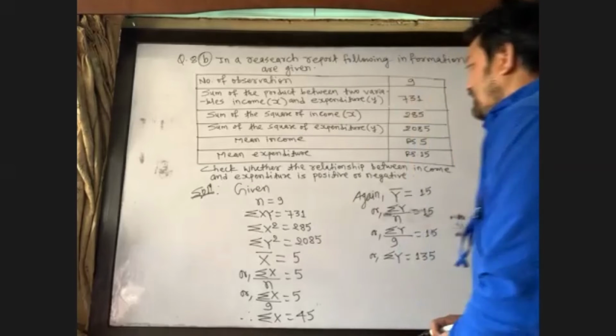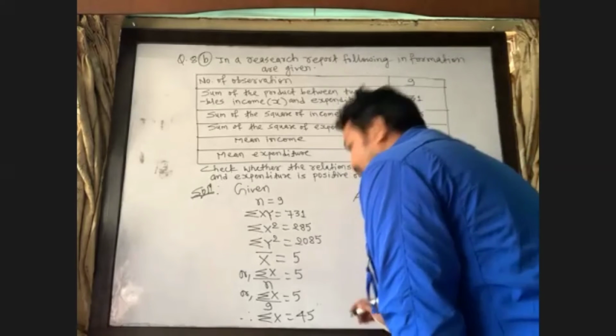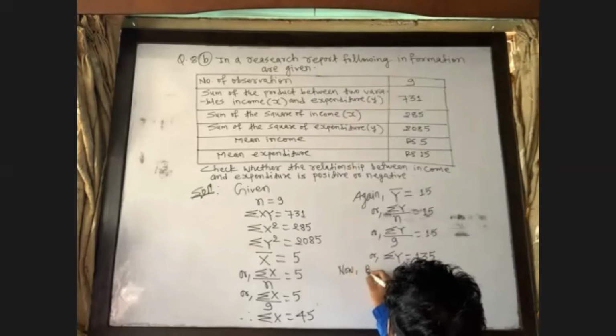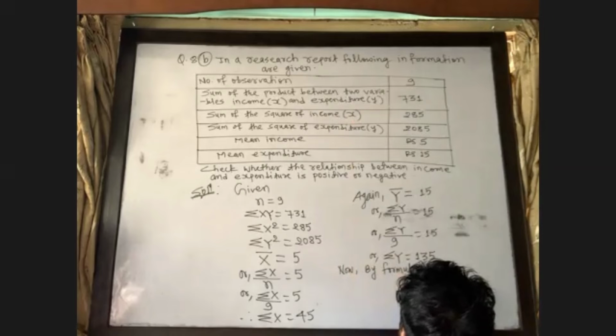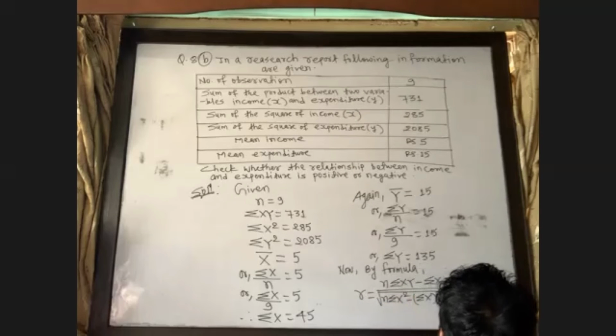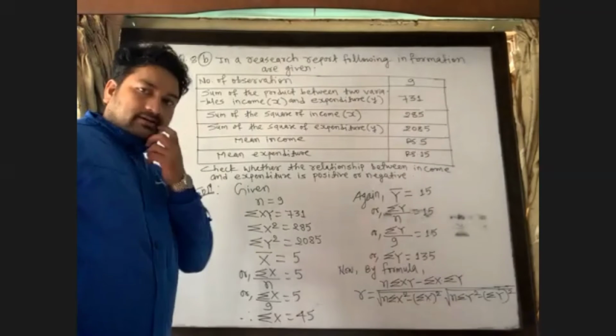whether the relationship between income and expenditure is positive or negative भनेर सोधिरहेको छ। ओके, त्यसको लागि हामीले r find out गर्नु पर्यो। Now by formula, r is equals to n summation xy minus summation x into summation y divided by root under n summation x square minus summation x को whole square, अर्को square root भित्र n summation y square minus summation y को whole square। ओके, ल क्लियर नै छ होला।